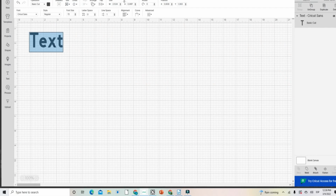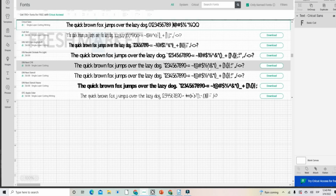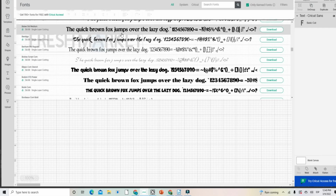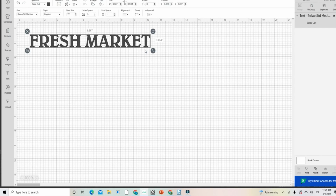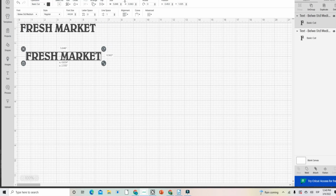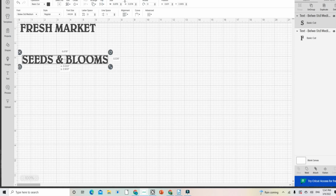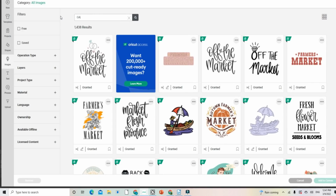I'm going to start by adding a text. I'm going to press the text button and then I'm going to write Fresh Market, and then I'm going to change the font, and you have so many options that you can use, any font that you like. I use a very simple one that I like, but like I said, you have so many options. Then I want to write Seeds and Blooms, and something that I really like to do is always copy and paste the text that I already have with the font that I like and used before, because that way everything is going to look the same. I'm going to just erase Fresh Market, write Seeds and Blooms,